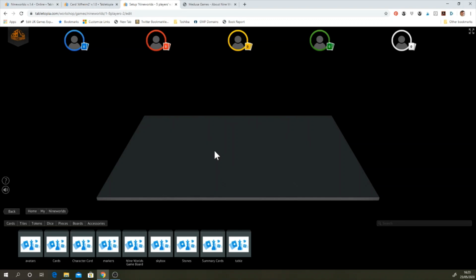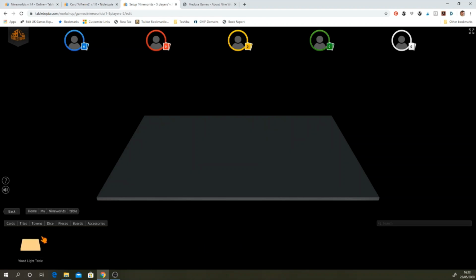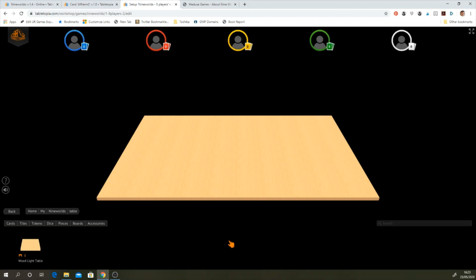This is our virtual three-dimensional environment. Not a lot to it at the moment, but we're going to put lots into here. So for example, you can modify the size of your table this way, but you might want to bring in a slightly more interesting table. So I earlier on imported this object, the light wood table, which I quite like, and there we have